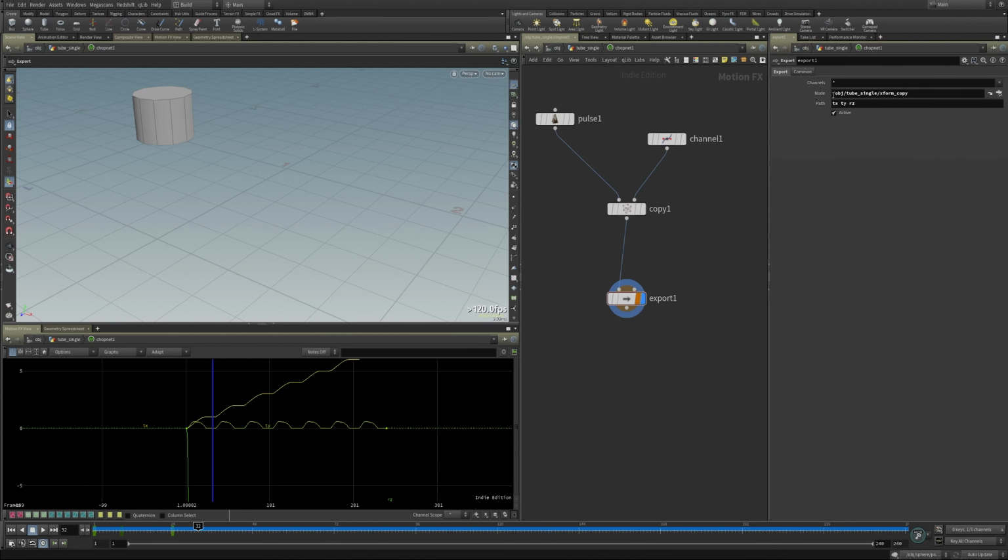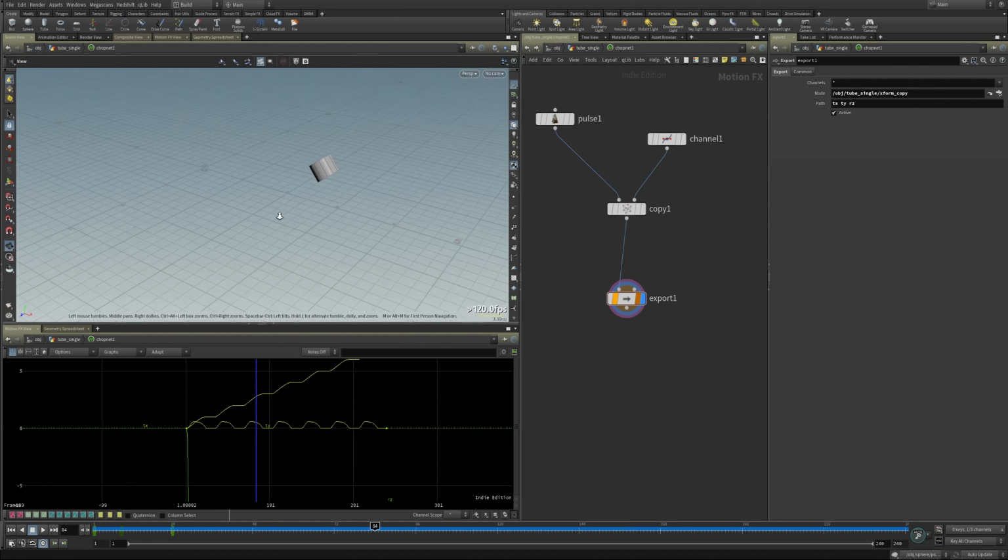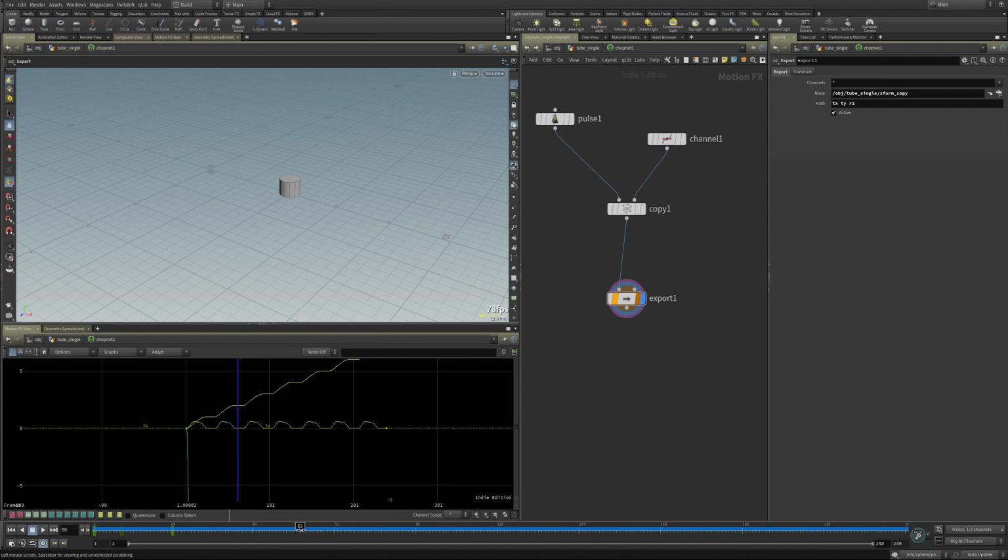Okay, so this is an explicit path. You could also do a relative path by just typing .. xform copy. It would do the same thing. So this is part of it. And then the last thing we need to do is just to check this export flag. And you can see right away when we do that, something happens in our viewport. And just by setting up that one CHOP, we've exported all of these animation curves to their appropriate